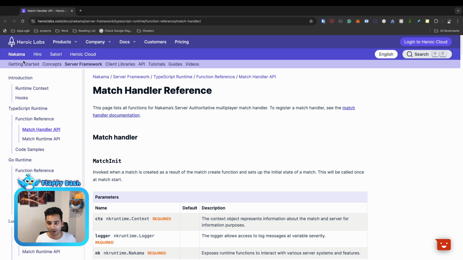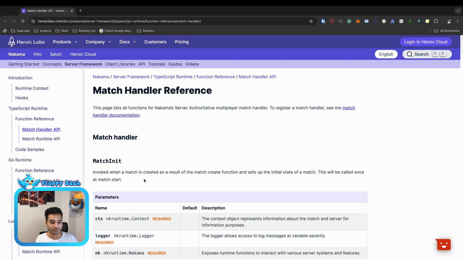Yeah, as you remember, we are using Nakama. It's a backend for games and it has a lot of features and most of them are real time. For example, it has match, it has chat, it has group and so on and so forth. But today we are going to take a look at the match and the match handler. So basically the match concept is something that players can join, players can leave, player can send a message, players can broadcast a message to the other people and so on and so forth.